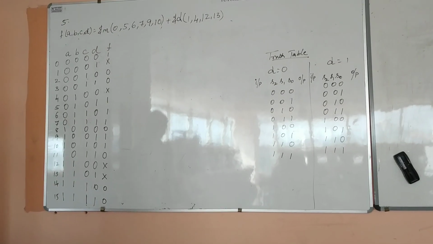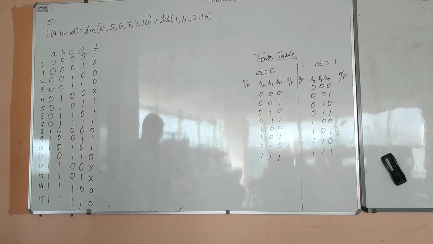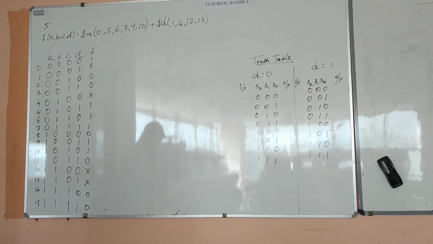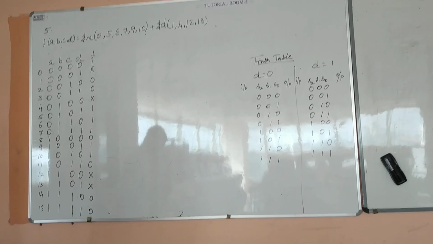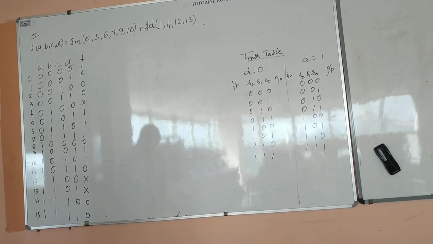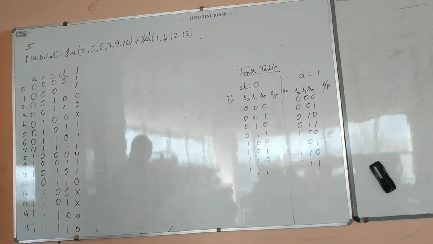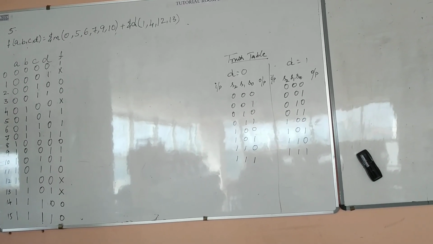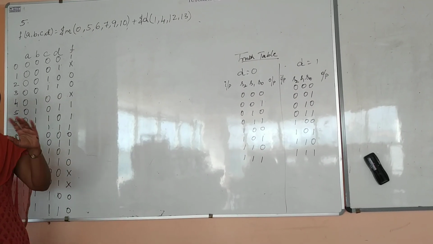So in today's class, let's see experiment number 5. The given problem statement is: given a 4 variable logic expression, simplify it using an appropriate technique and realize the simplified expression using an 8:1 multiplexer IC and implement the same in HDL. Implementing the same in HDL we have already seen in the online class.